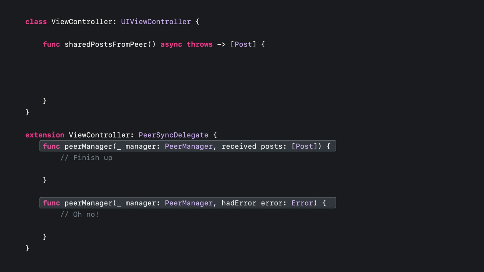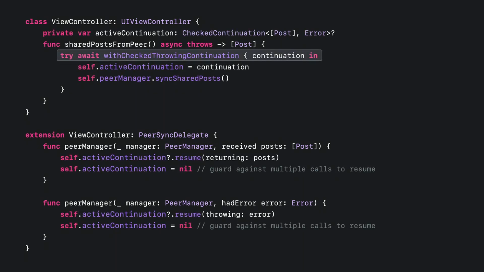With this in mind, let's highlight one more important place you might use checked continuations. Many APIs are event-driven. They provide delegate callbacks to notify our application at specific critical points and allow it to respond appropriately. In order to properly adopt async await, we'll have to store the continuation and resume it later.